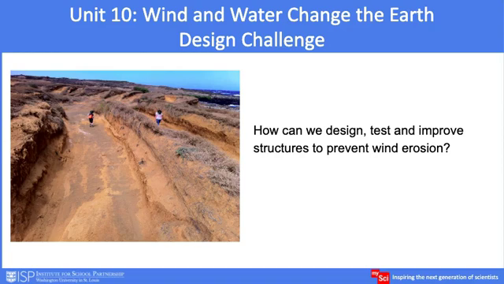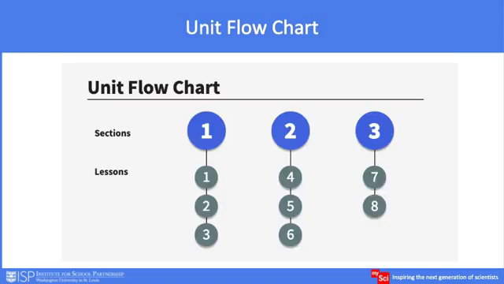The design challenge for this unit is a culminating activity in Lesson 8. Closely connected to the anchoring phenomenon of a rock in the shape of an arch, students are tasked with designing a solution to prevent wind erosion. They research problems created by wind blowing away sand and soil, then apply that research to design, build, and test a windbreak. Now that we have an idea about what students will study in this unit, take a look at